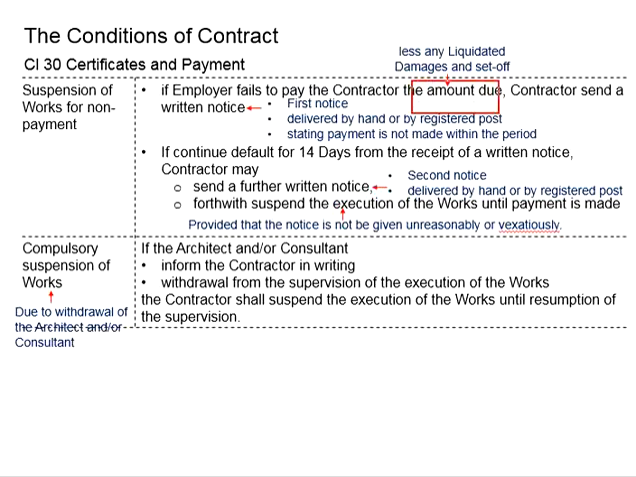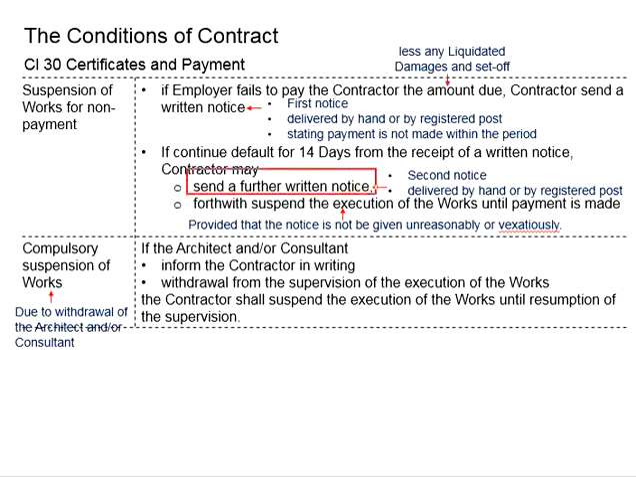Now, this amount due to the contractor will have to minus any liquidated damage and set off. These are the amount to be entitled to the employer. Now, if the employer continue not paying the contractor and the employer continue default for 14 days upon receiving the written notice from the contractor,